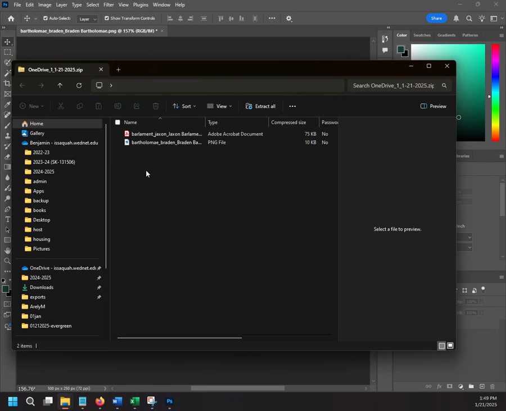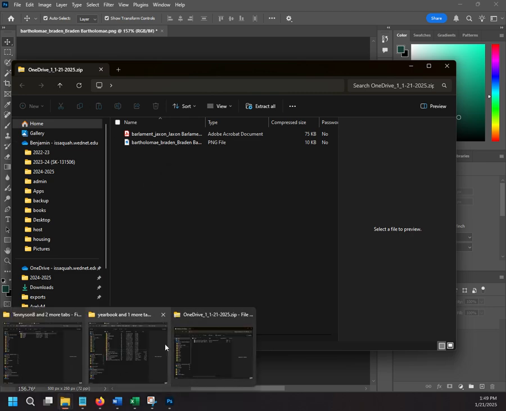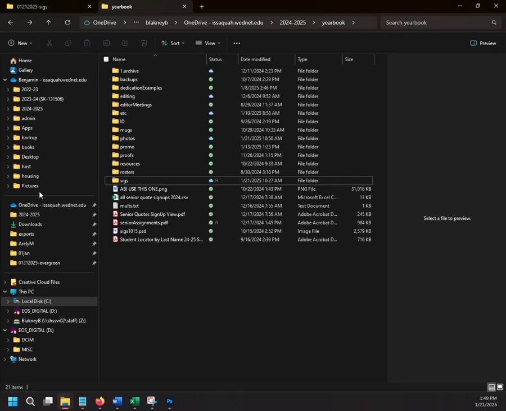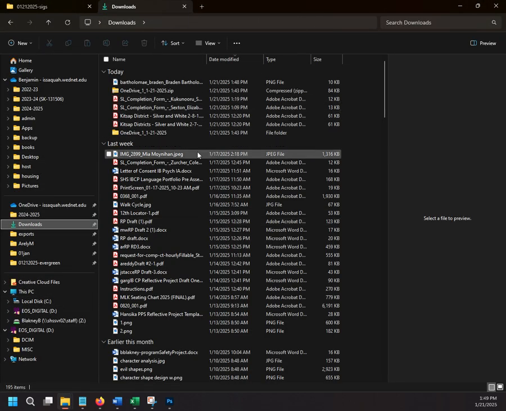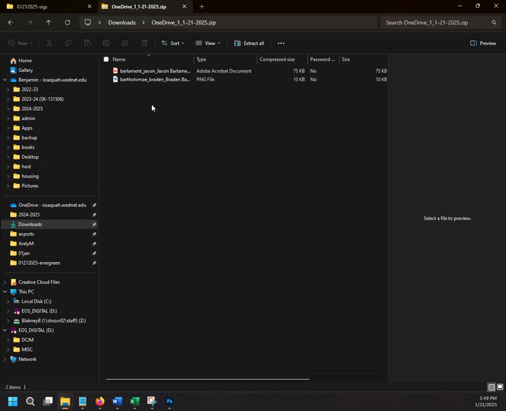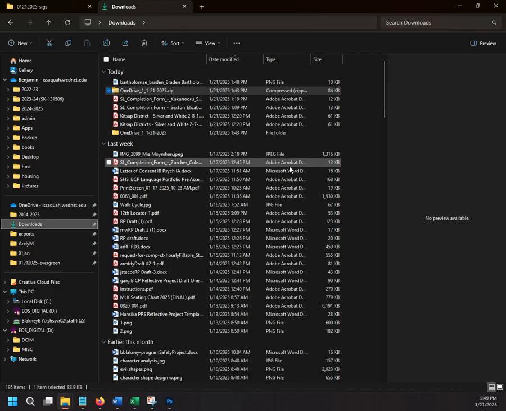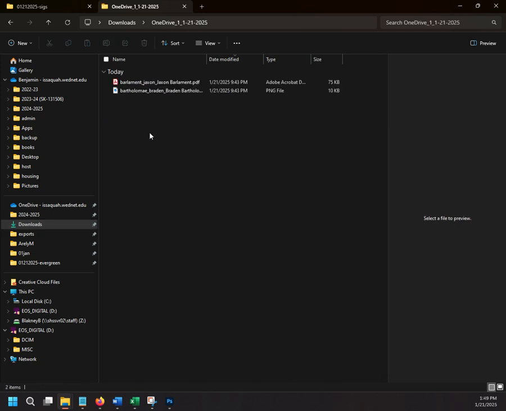All right. So back in my downloads, or back in this zip folder, wherever the actual one ended up. Let me find that real quick. Pretty sure it just went to the downloads. Okay. Here it is. We're going to extract these into themselves. I see what happened. Okay, so go back to downloads, and then there's a folder right here with today's date